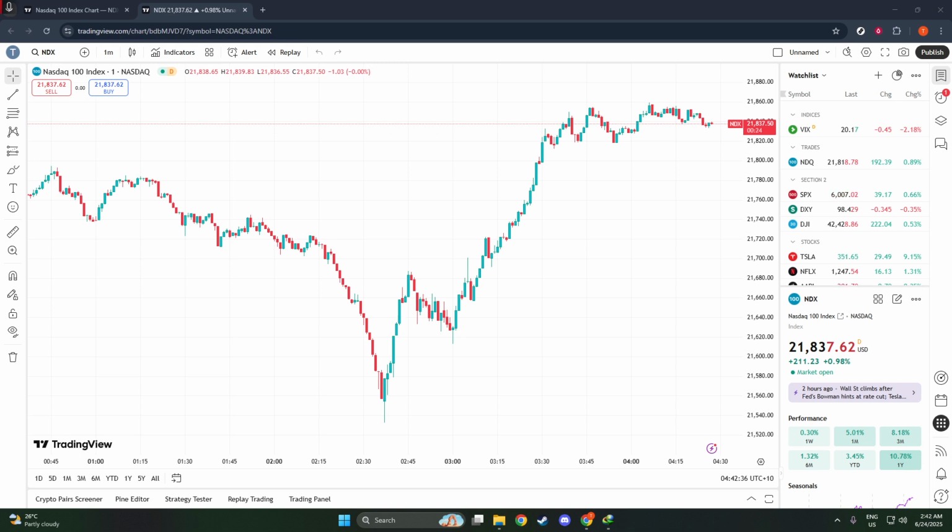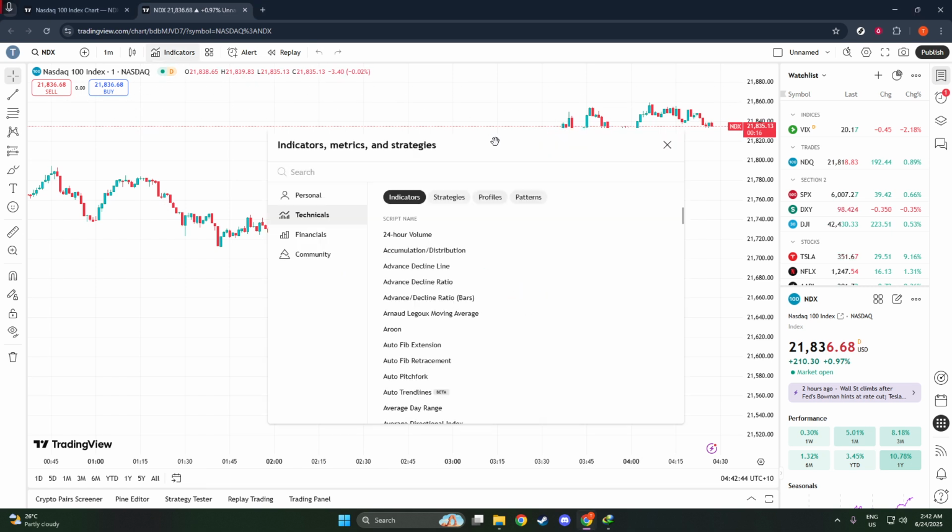Firstly, you'll want to make sure you've got your chart open in TradingView. This is your starting point where all the magic happens. Once your chart is in front of you, the next thing you'll need to do is locate the Indicators and Strategies button. It's represented by a microscope icon and is conveniently situated in the top toolbar of the TradingView interface. Clicking it is going to open up a whole world of useful analytical tools, so go ahead and give that